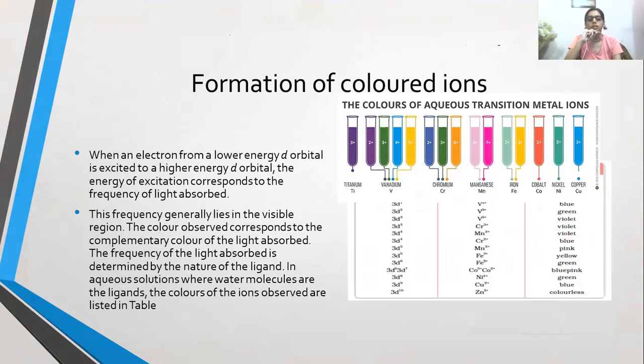Formation of colored ions. When an electron from a lower energy d orbital is excited to a higher energy d orbital, the energy of excitation corresponds to the frequency of light absorbed. The frequency generally lies in the visible region. The color observed corresponds to the complementary color of light absorbed. The frequency of light absorbed is determined by the nature of the ligand. In aqueous solution where water molecules are the ligands, the colors of the ions observed are listed in the table. Next,